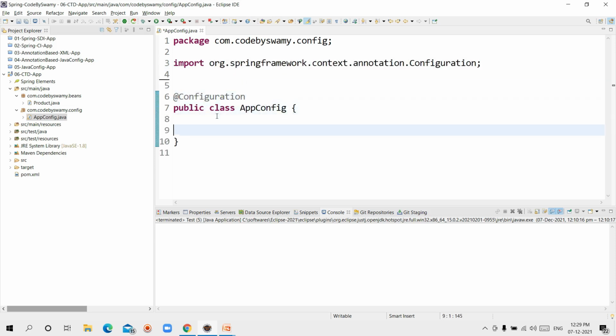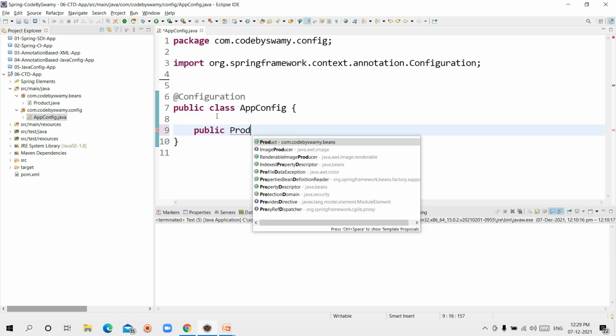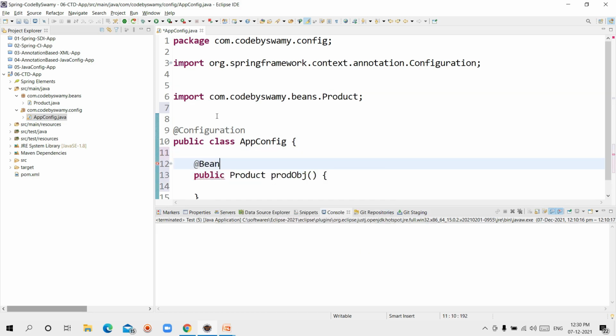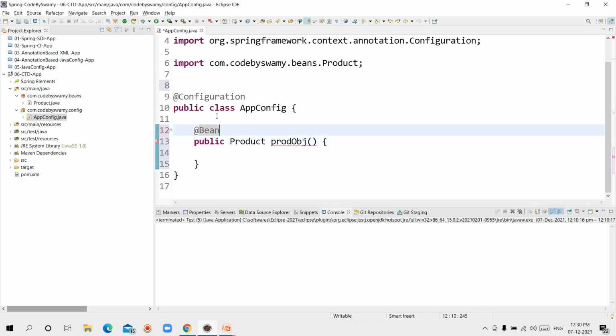Yes. Here I am creating a method, public bean class Product, method name prodObj. On top of the method write the Bean annotation, and create the object for the bean class: Product product = new Product().